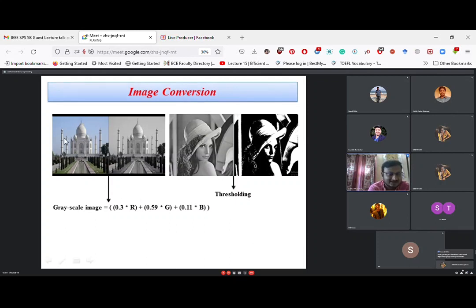Suppose this picture on the left-hand side is a color image and this is the gray image. How do we convert this left image to this right image, means how do we convert a color image to a gray image? There are several equations, but the most popular one is 0.3 times the red value plus 0.59 times the green value and 0.11 times the blue value. If we combine these 3 red, green and blue intensities in this way by using this equation, we will get the grayscale intensity of this particular position. That is the most popular formula.